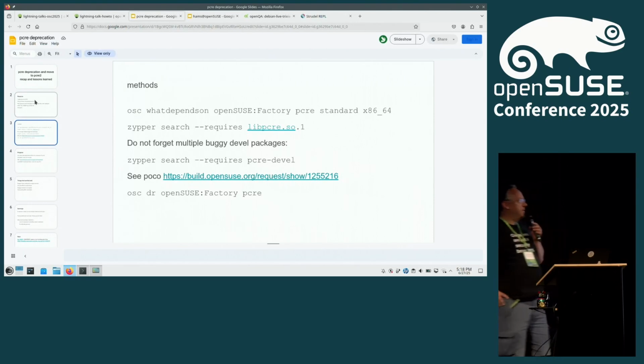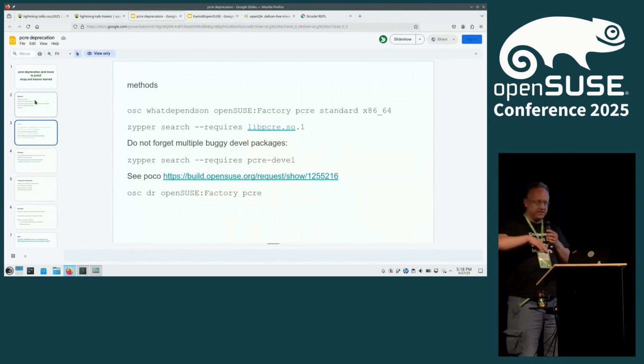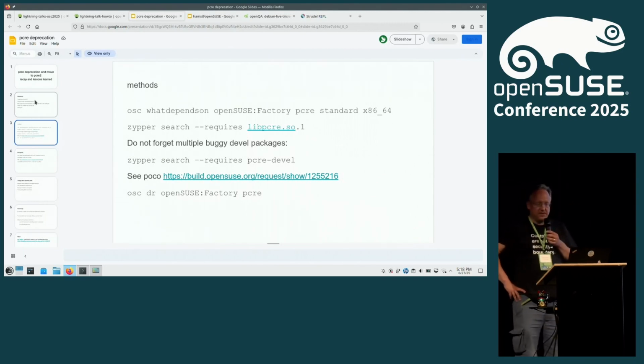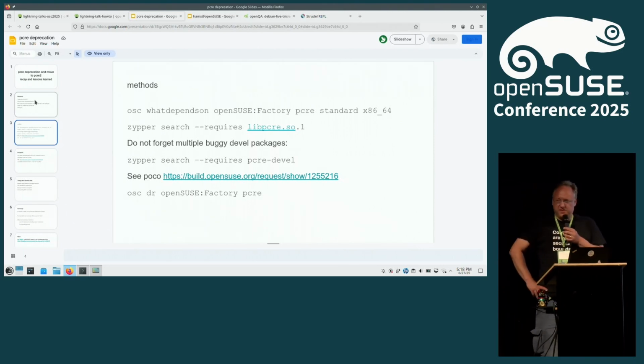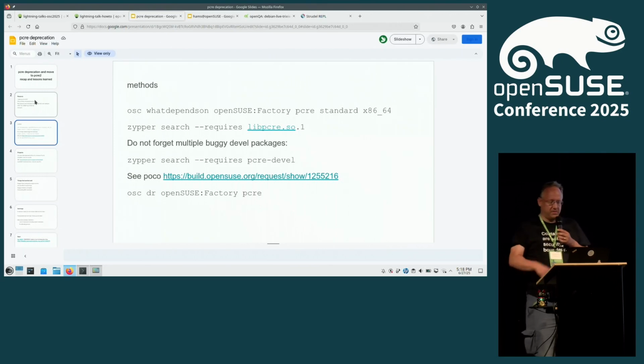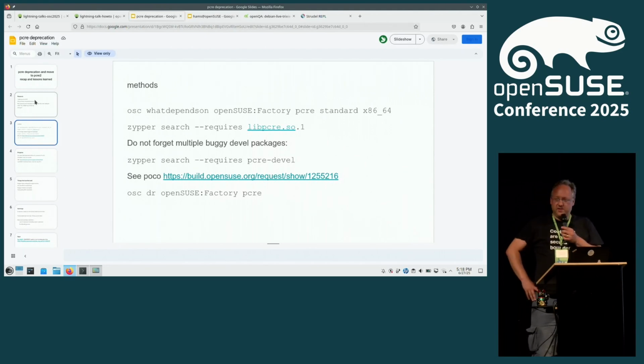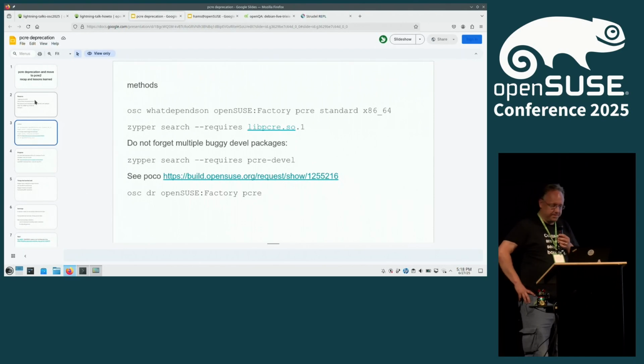So it started out with just identifying everything that depends on it. I'll have some numbers in a bit. I looked at the packages that would actually link against the libraries. This identified most of them. In addition, there were a number of just buggy development packages, specifically those that specified the manual requirements. So POCO is, for Leap 16, still broken. We're going to fix this soon. And in the end, just try to delete it and see what breaks. That always helps. The factory staging will line out and point out anything that's broken.